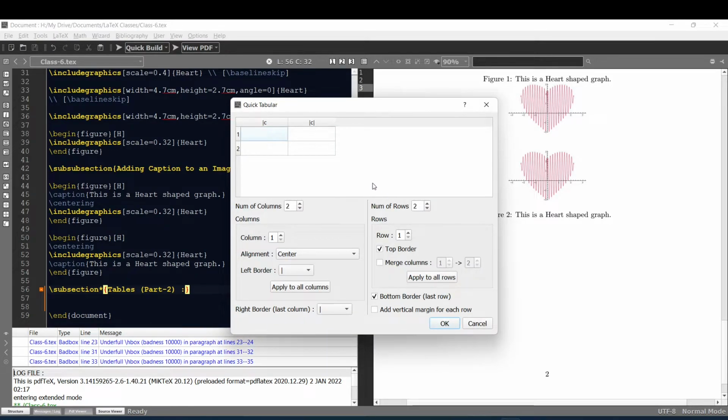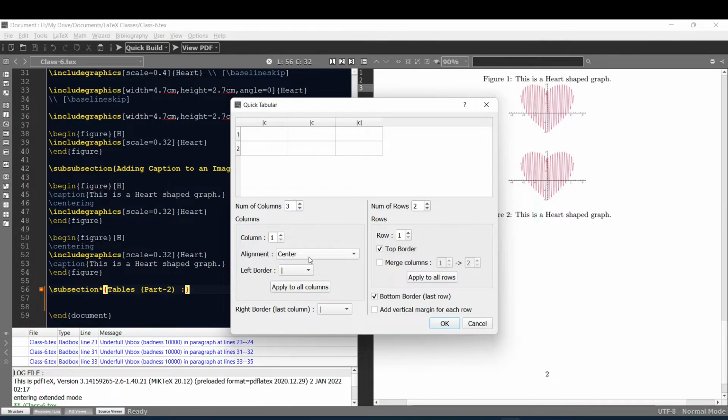So as you can see, a new window pops out. So clearly, easily without typing all the code manually, we can create a table. So let's say if I want to create a 2 rows 3 columns table, then I'll just click here, and as you can see in my preview window, there is a 2 rows 3 columns table.